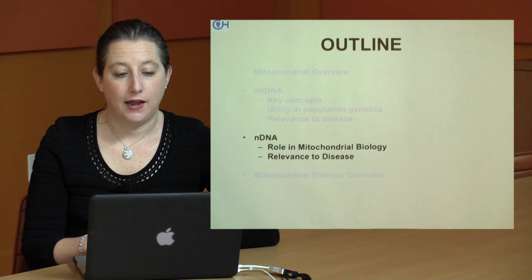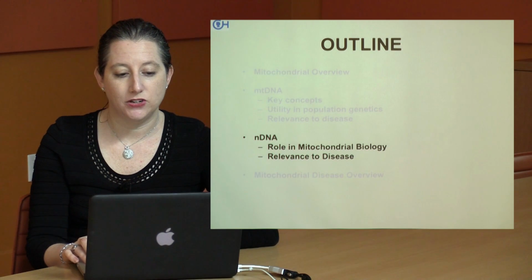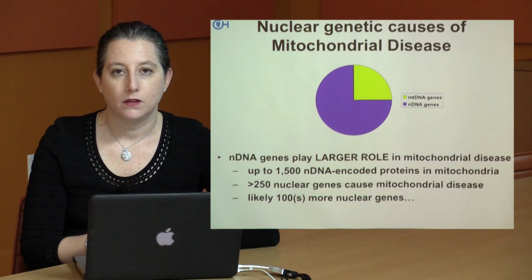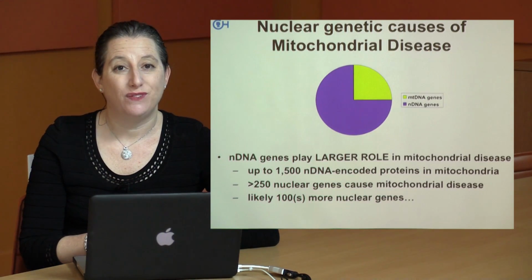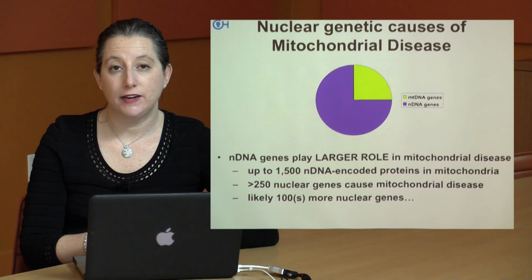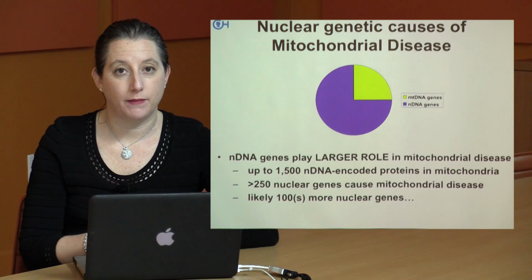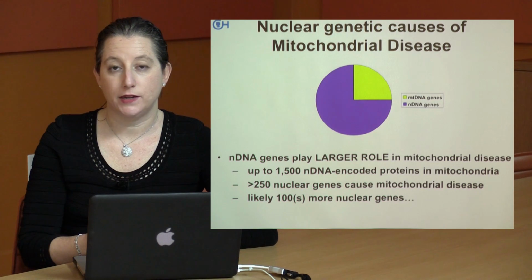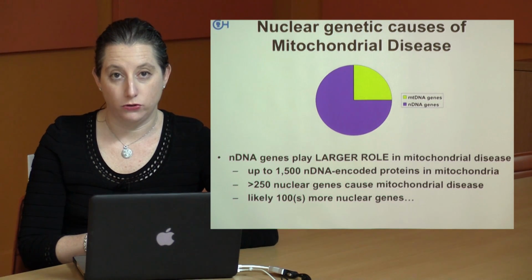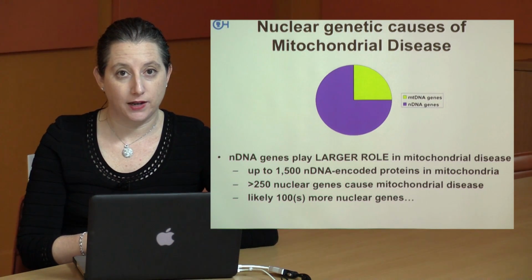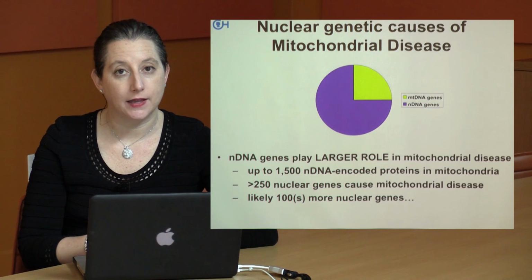So moving on, I'd like to talk with you about the nuclear DNA and its role in mitochondrial biology and disease. The mitochondria contain up to 1,500 proteins. We already reviewed that only 13 of those come from the mitochondrial DNA. So where do the rest come from? They come from the nuclear genes that make protein products that have to be brought in or imported into the